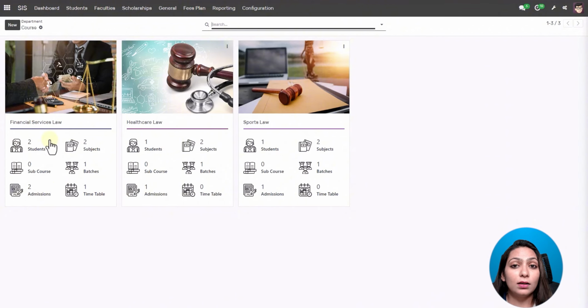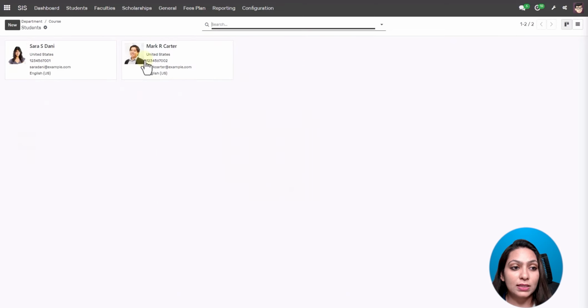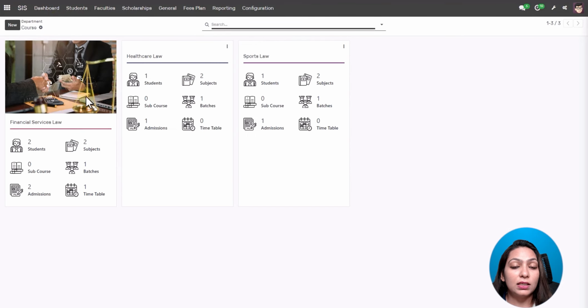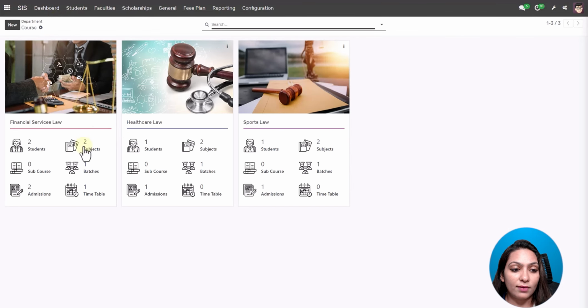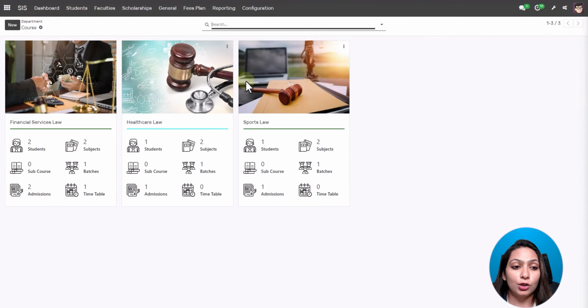If I want to see detailed information about this, I click here and I can see the names of students. If I want to see the detail about the subjects, I click here and I can see 2 subject names with the code and the tag. So it's very easy to see the dashboard of a department in a structured way.